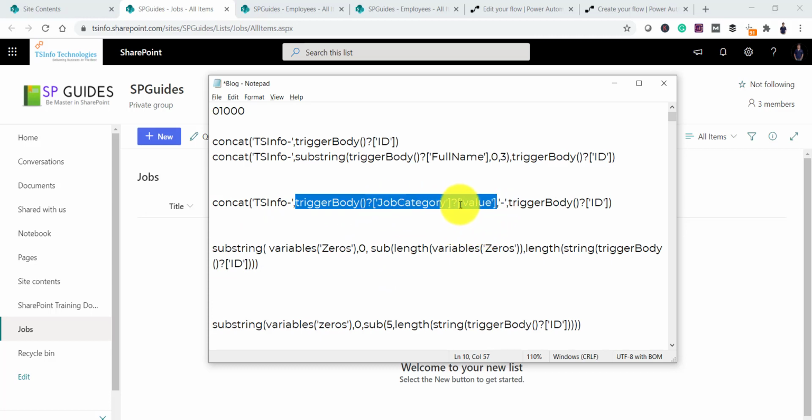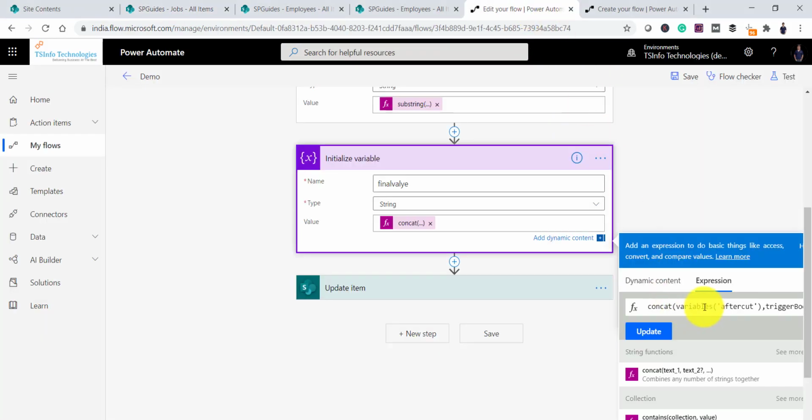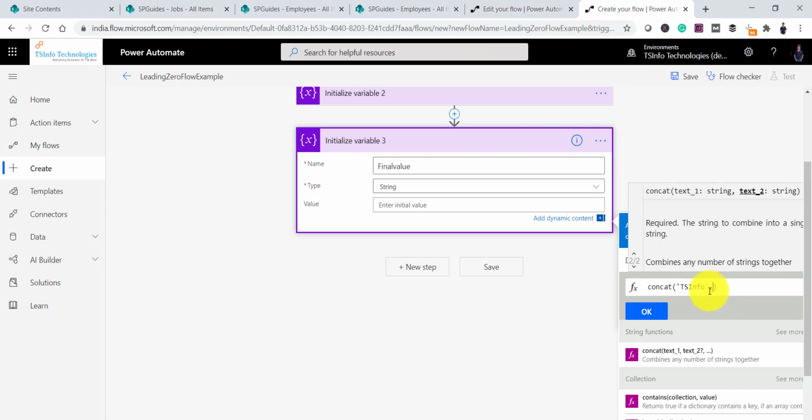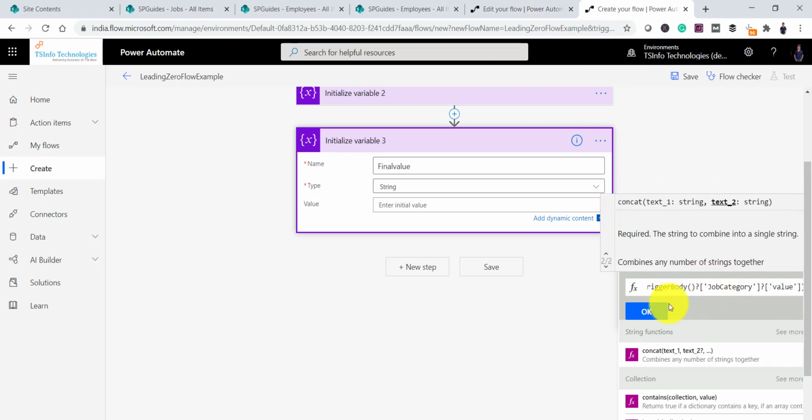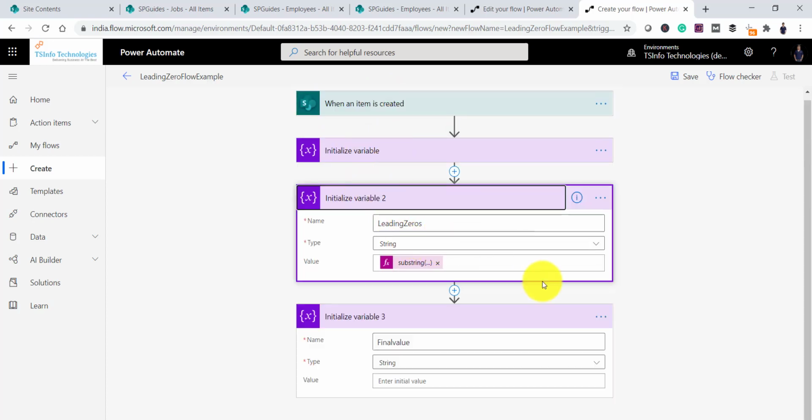So job category and then question mark value here. So our formula will be like this, and you can see here we took the job category. So now we have 2 values over there, and the third value is that variable that we got from here, the leading zeros. You can see here the third one will be,